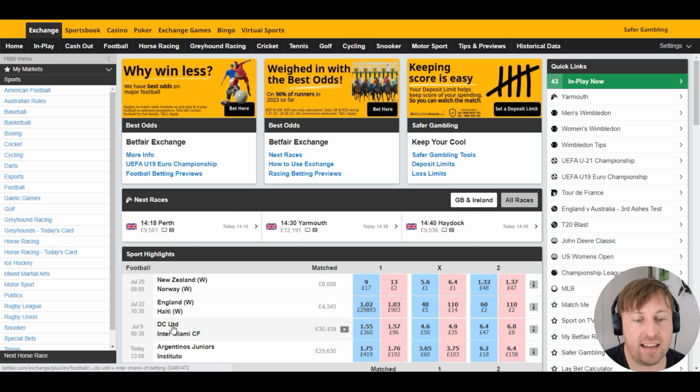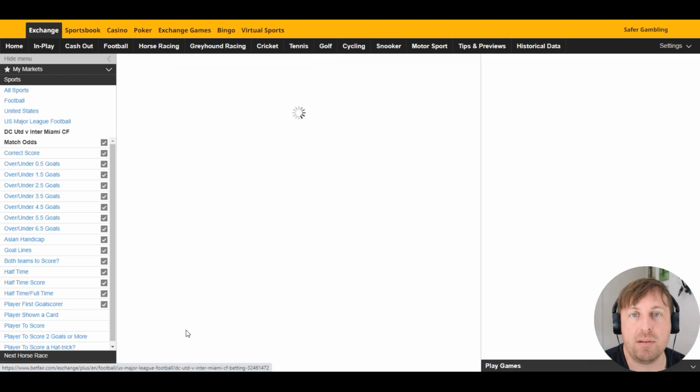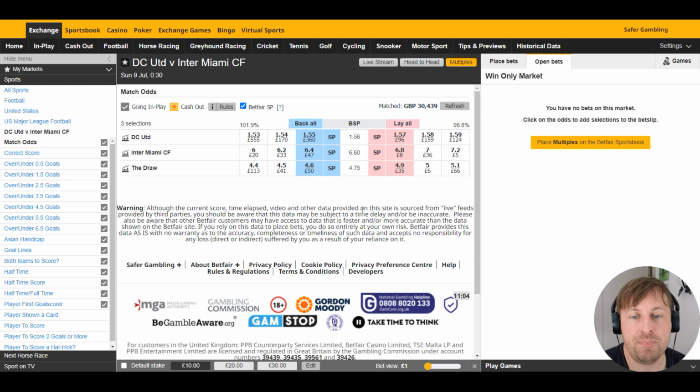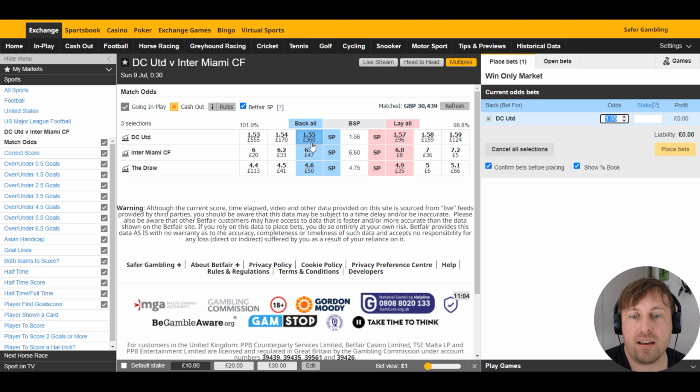So I'm just going to select the DC United versus Inter Miami match here to talk through this a little bit. And as you can see, on this side of the market, the blue side, you can back. This would be if you wanted to place a bet on something to happen. So if I wanted to back DC United, the odds I'd be getting are 1.55. So let's say I wanted to put 100 quid on that. The profit on there is actually 55. Okay, so you're not making obviously more than the 100 plus back. This is an odds-on shot,